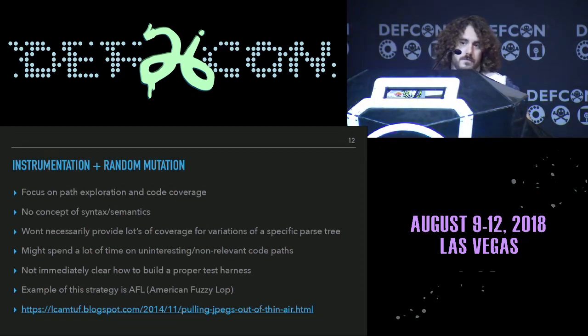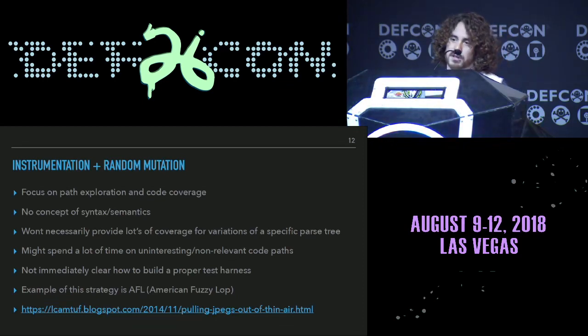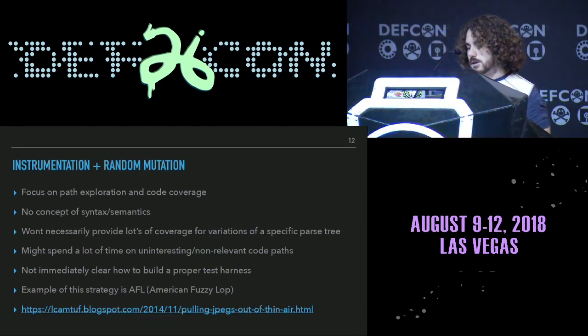And in the case of trying to evaluate the specific types of tests that we want to, is whether two parsers are implemented the same, it's not immediately clear how to build a really good test harness using something like AFL to do that. The way that it determines whether or not something's interesting is by hooking the SIGABRT and SIGKILL signals, and then waiting for the program to essentially crash or terminate. And so